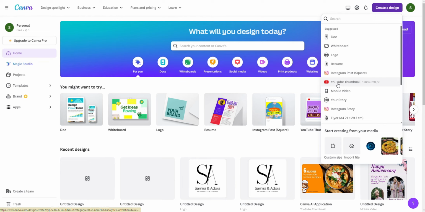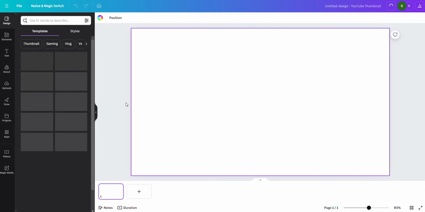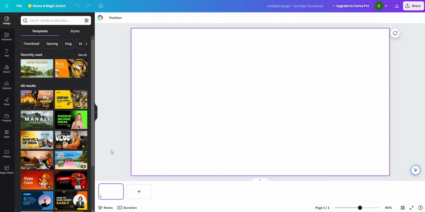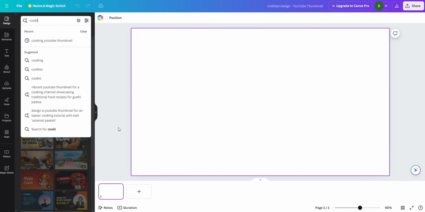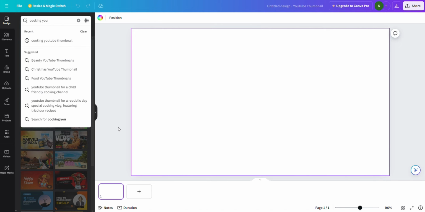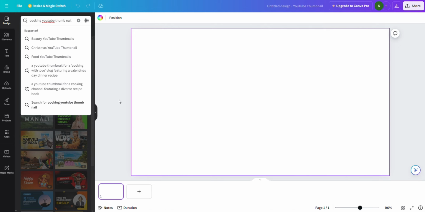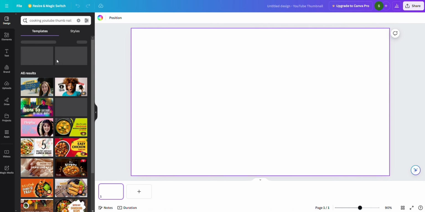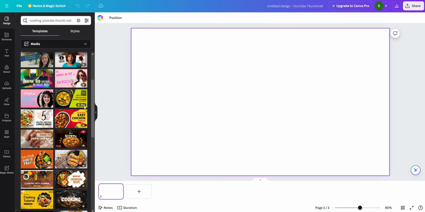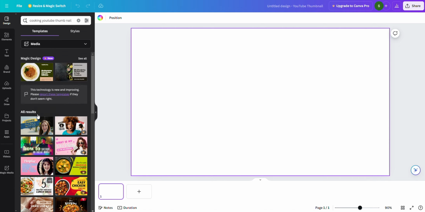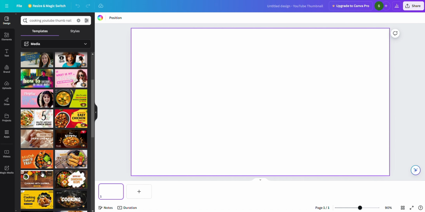And the next one is you can create YouTube thumbnails by using this Canva application. And especially I'm using this application for my YouTube thumbnails. For example, just imagine you are running a cooking YouTube channel, or you just want a cooking thumbnail. That's it. So just type cooking YouTube thumbnail and hit enter. You will get so many templates. If you see the pro icon, that means you have to pay to use that particular template. Otherwise, whatever thumbnails are without that icon, you can use freely.